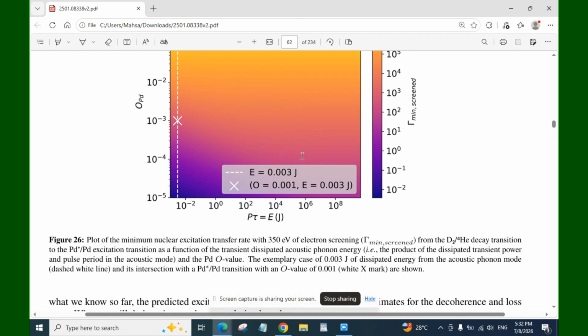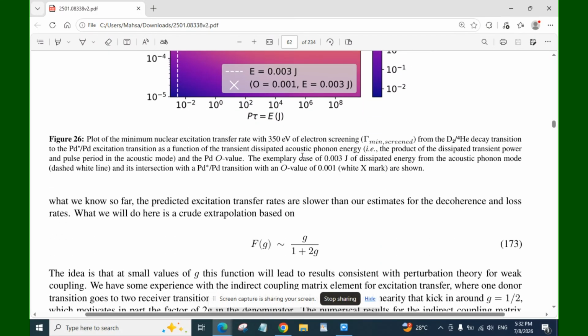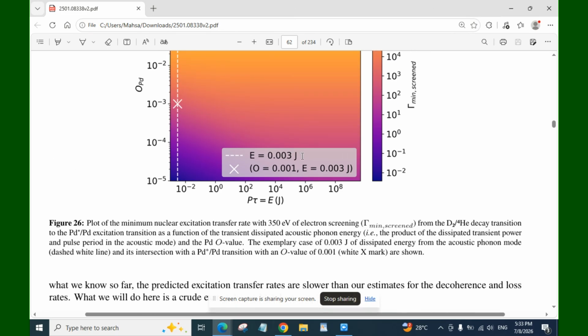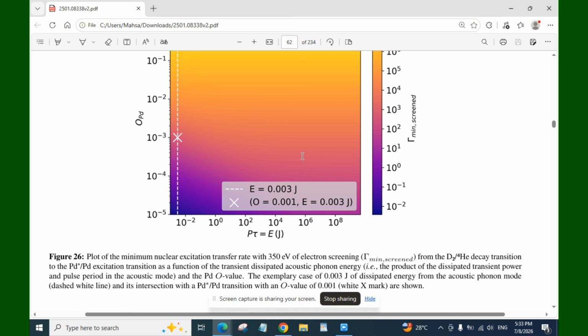Based on what we know so far, the predicted excitation transfer rates are slower than our estimates for the difference and loss rates. What we will do here is a crude extrapolation based on F(G) almost equal to G divided by 1 plus 2G. Figure 26 illustrates a plot of the minimum nuclear excitation transfer rate with the 350 electron volt of electron screening,